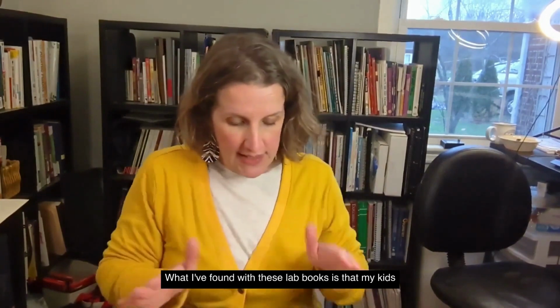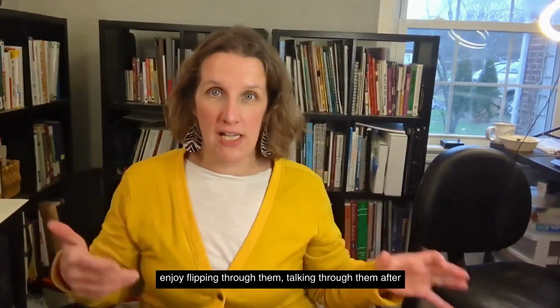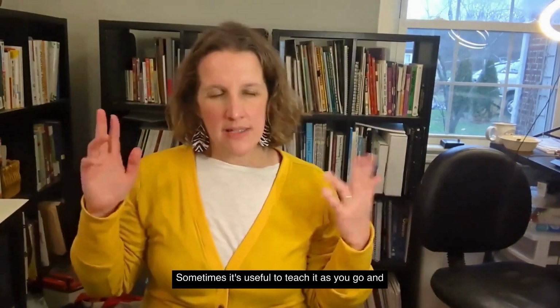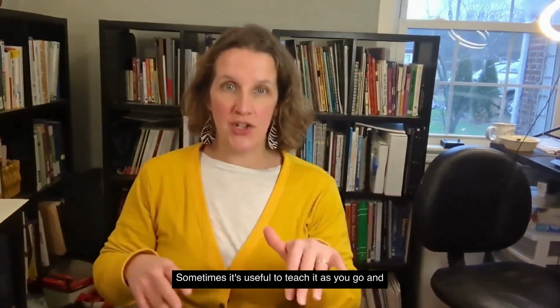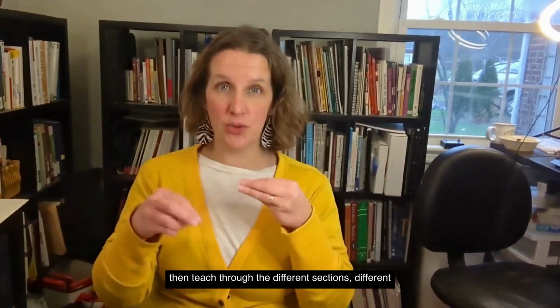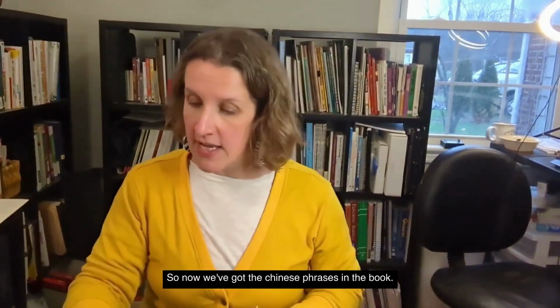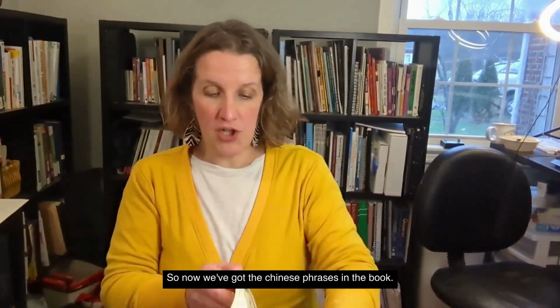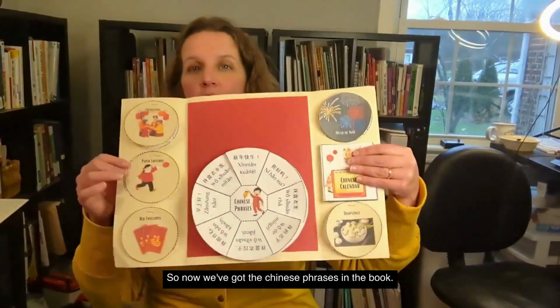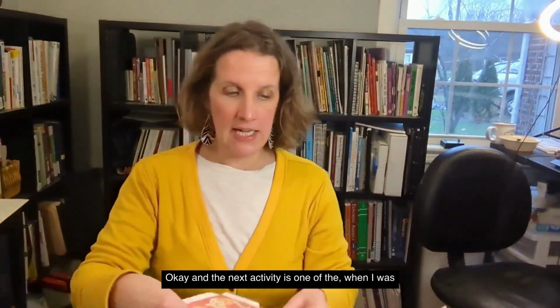What I've found with these Lapbooks is that my kids enjoy flipping through them, talking through them after they assemble them. Sometimes it's useful to teach it as you go, and sometimes it's a little bit better to put it all together and then teach through the different sections, different strokes for different folks, I guess. So now we've got the Chinese phrases in the book. Okay. And the next activity is